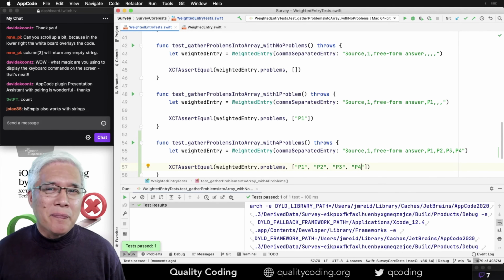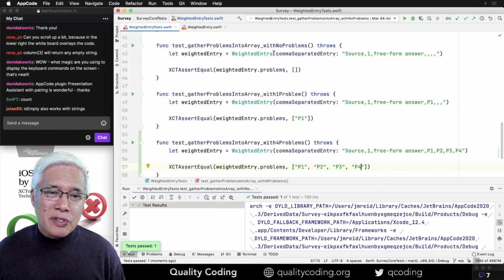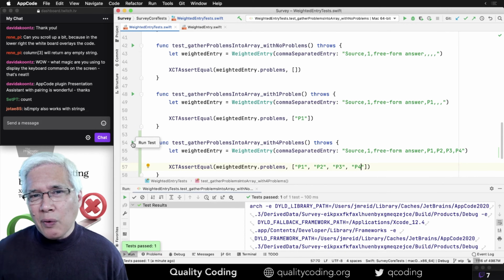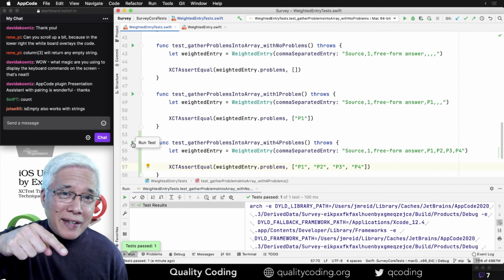Why didn't it fail? And the answer is that this is the test. It shows that I was running a specific test, not the test suite. This is the same thing as clicking on the arrows, which you can do in Xcode also. And that's one thing I see folks do a lot when they're running tests, is that they will go and run one test by itself.